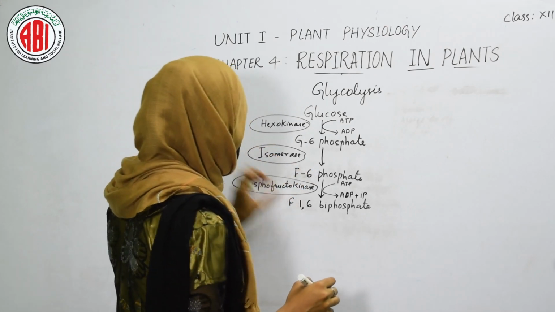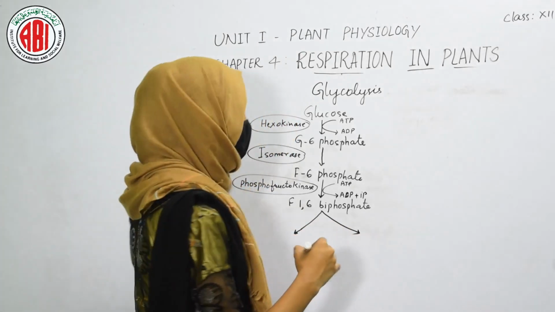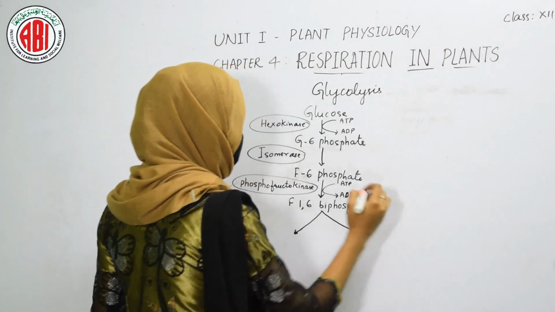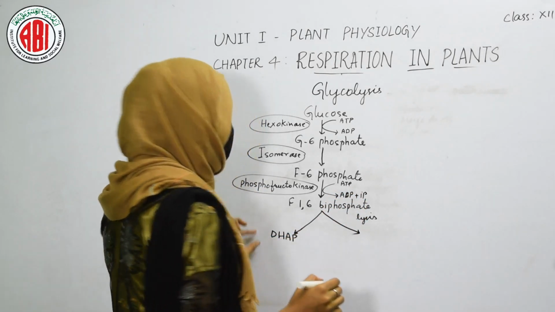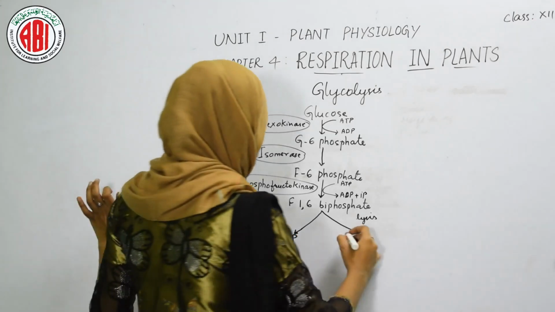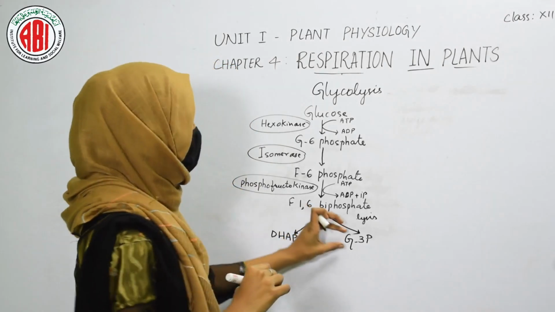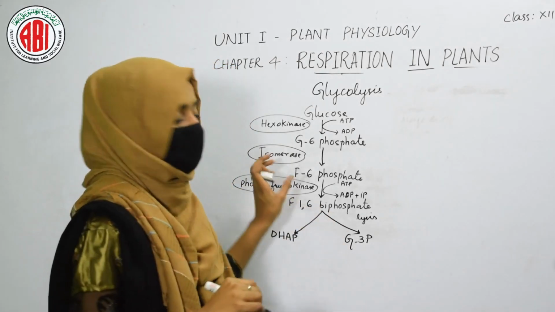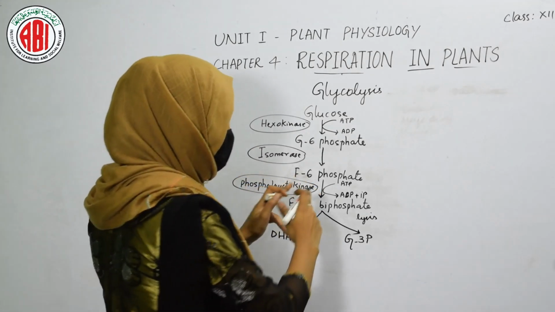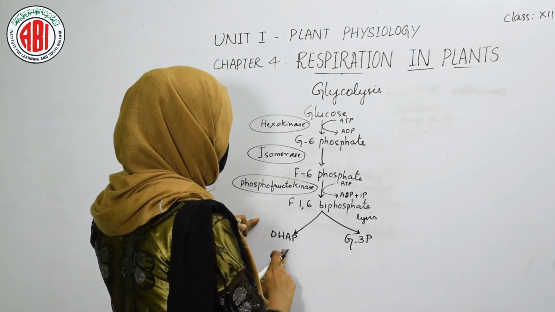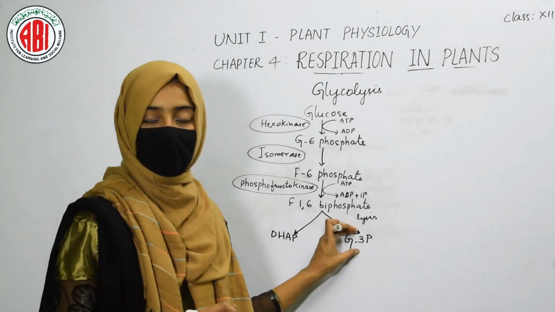Now at this stage, the fructose 1,6-biphosphate undergoes lysis, that means it breaks down into two compounds that are dihydroxyacetone phosphate and glyceraldehyde 3-phosphate. So these are the 3-carbon containing compounds. This 6-carbon containing compound called fructose 1,6-biphosphate splits into two different 3-carbon containing compounds that are dihydroxyacetone phosphate and glyceraldehyde